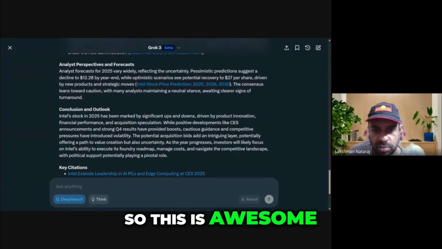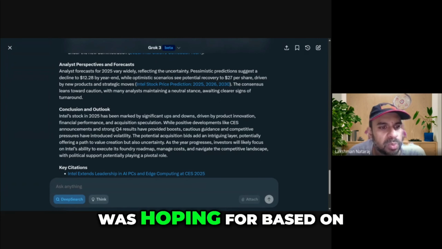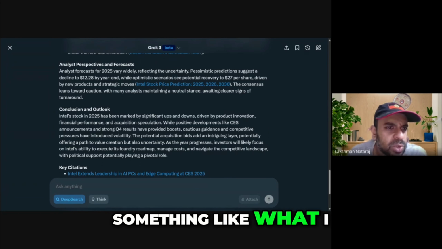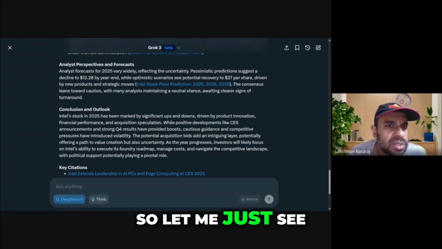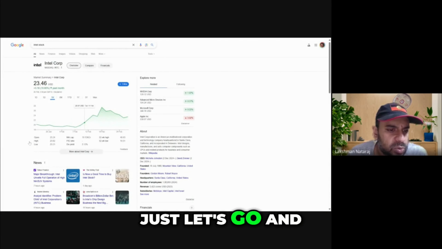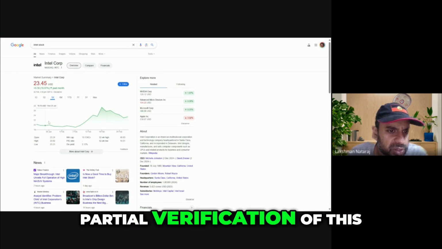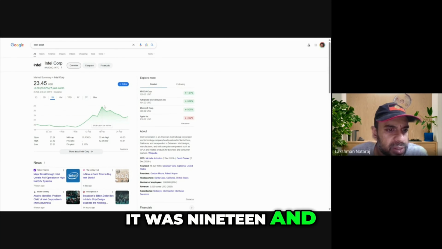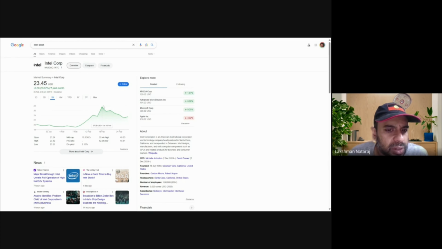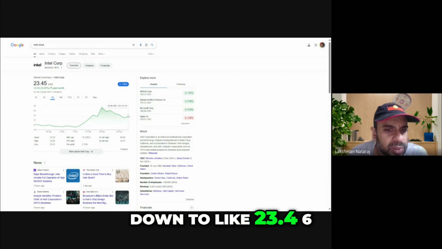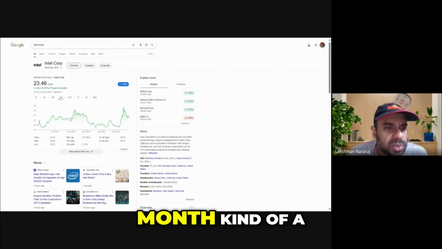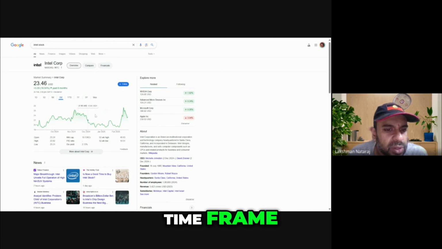So this is awesome. This is what I was hoping for. Let me do a partial verification of this. It says it was 19 and 27, and it's come down to 23.46, so today's figure is more or less right. If I also look at a 6-month time frame, it said that in January 2025,